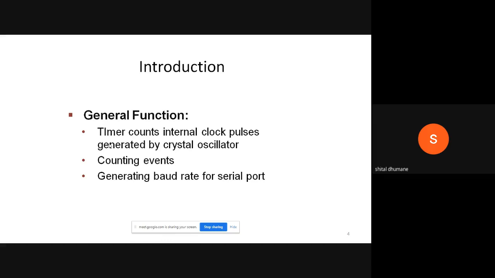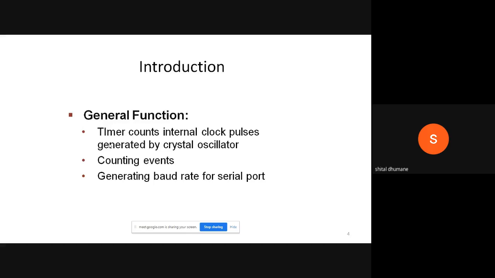So this is the difference between timer and counter. Your timer counts internal clock pulses generated by the crystal oscillator, while your counter counts the external clock pulses coming on the pins of your 8051. Remember the difference between timer and counter. These are the functions of your timer and counter.